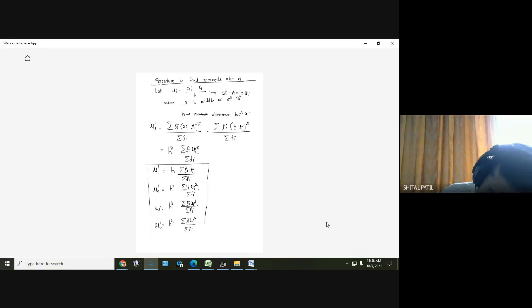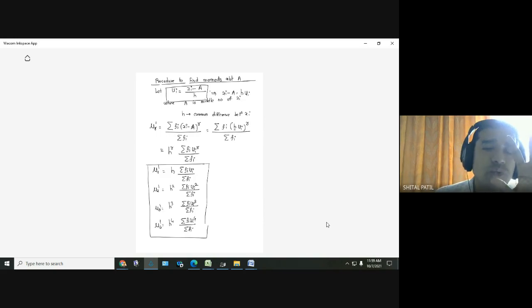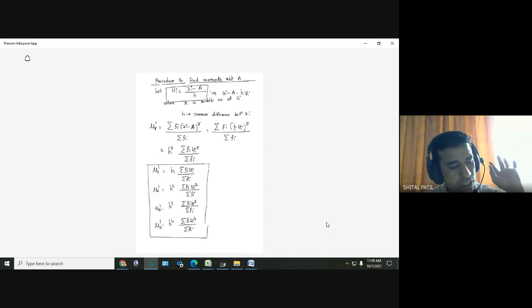So remember that. So we have to start with the u हमें लेना है. How to decide, you will understand once we start solving example. Clear? Now still what is remaining? Now what we understood? Four things we understood. One, what is mu r? Central moment. What is mu r dash? Moment about a number a. Third, we understood what is relation between mu r and mu r dash. And fourth, we understood how we can find the mu1 dash, mu2 dash, mu3 dash, mu4 dash for a particular example. Clear?